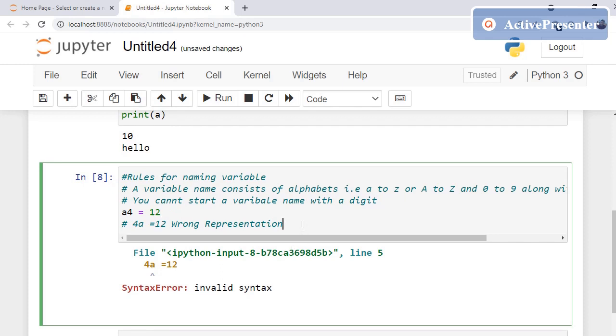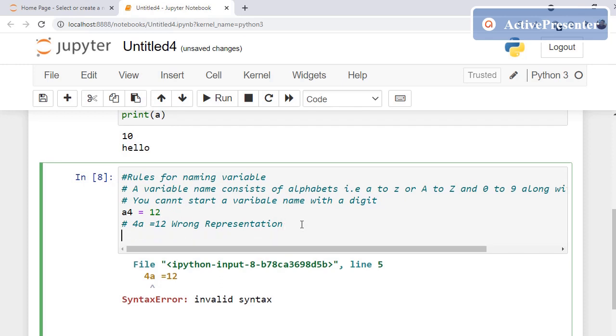And what else you can do? Suppose you have A1, A2, A3, A4, so you can write directly like those, or else you can use variable names.